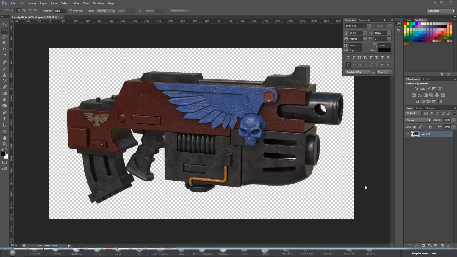So here we are finally in Photoshop. Now this part for me is always my favourite part because all the technical stuff is out of the way, and now it's just a case of picking and choosing, compositing, using your eye, and basically just looking for the end result. What all this boils down to is